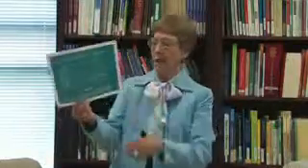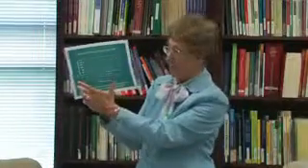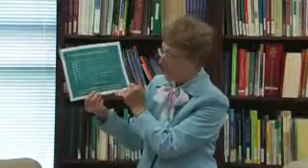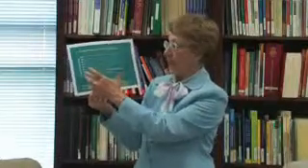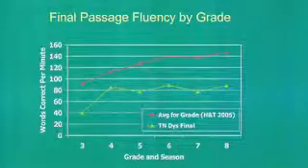Now, another dominant theory has to do with the speed of processing. Not just can you process language into its component parts, but at what speed can you use language and can you recall language? Here is a graph of children who are normal readers from grades 3 through 8. And this is their average rate of reading in a passage or paragraph.